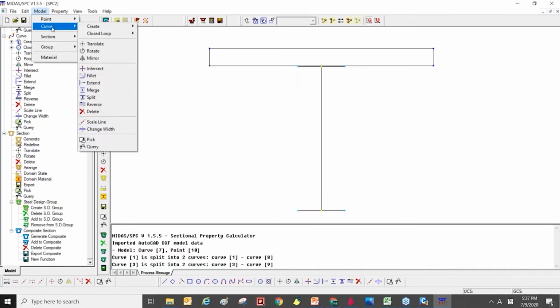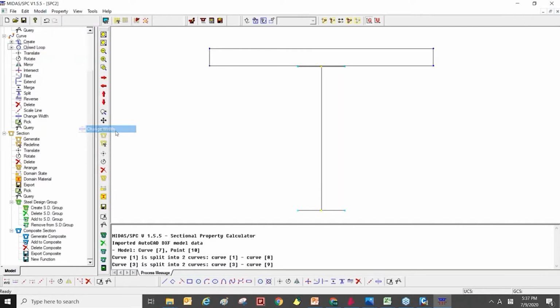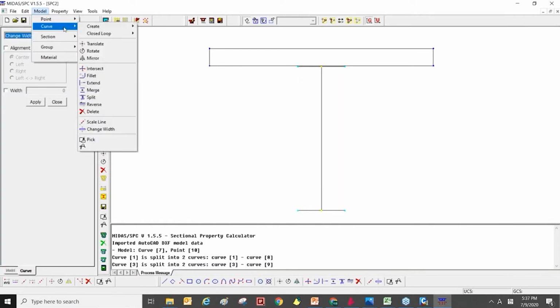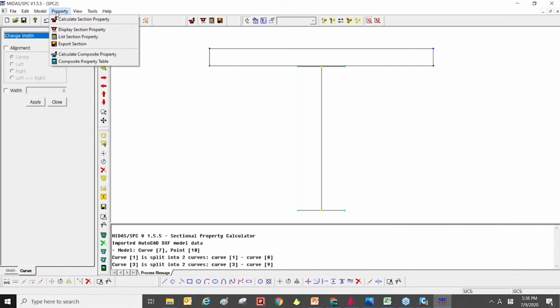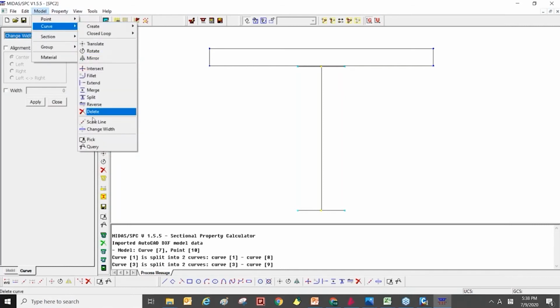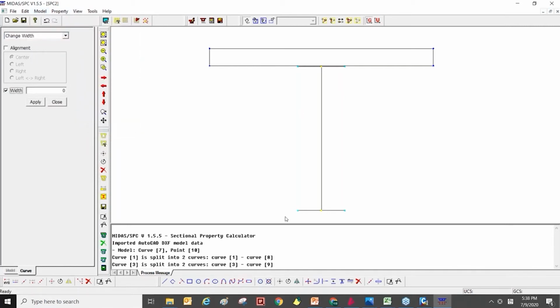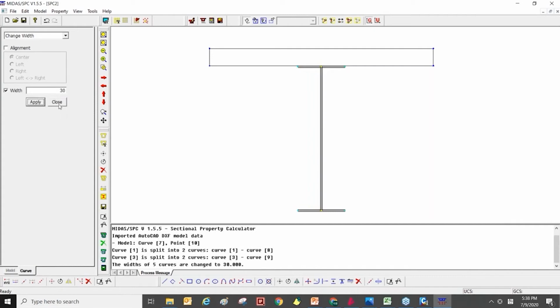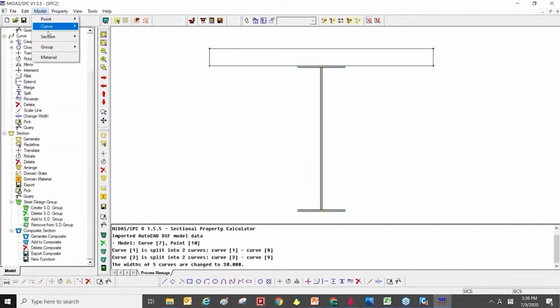After that, as I mentioned, I need to assign the steel plate width. So I will click the change width in the curve tab. I will assume all steel plate has 30 millimeter,